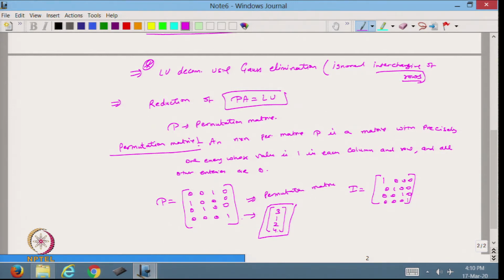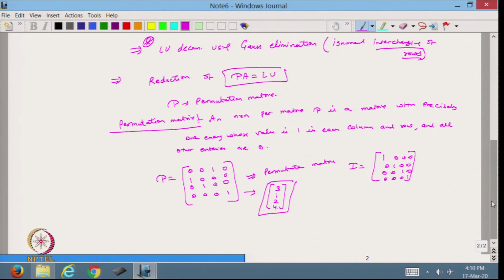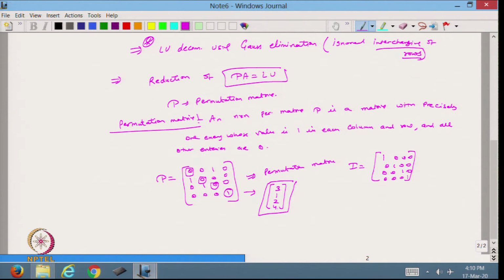So, this gives you only the interchanging of rows, because we know that if I want to make the matrix diagonal dominant, then I have to interchange the rows. That we have also seen in the Gauss elimination method. To make the matrix diagonal dominant, we did partial pivoting, and what was that? That was just to interchange the rows, so that I can bring the highest element at this location, this location and this location, not in the permutation matrix, but in the given matrix A. So, in this case what we are doing,